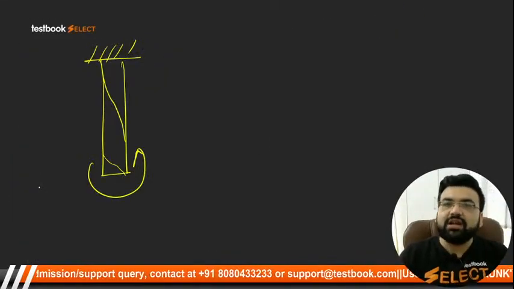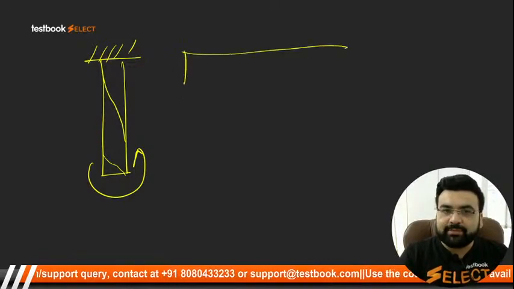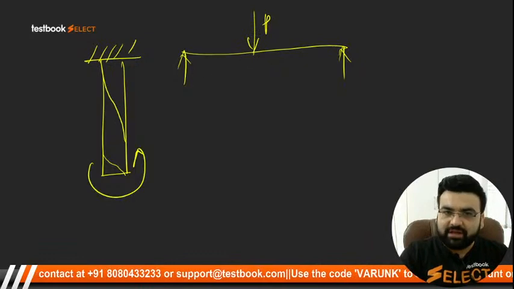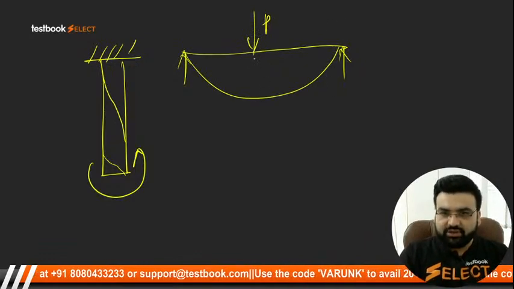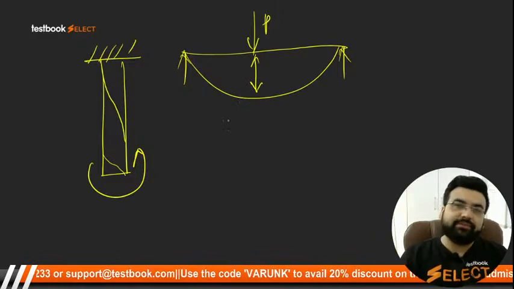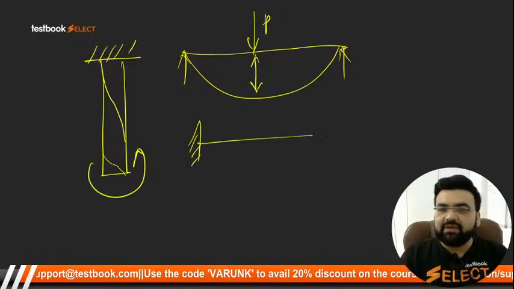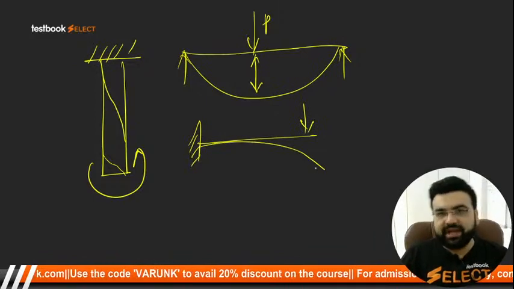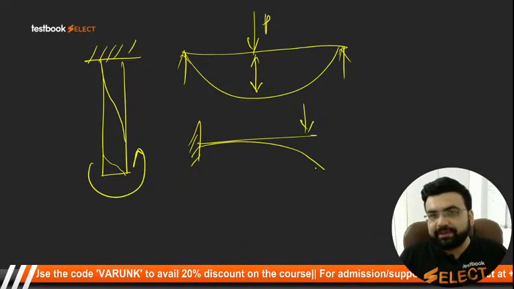Bending is because of the transverse loading. Let us say this is a beam. If you apply a load on this beam here, what is going to happen? It is going to bend like this. So this is what is called as the bending. The beam has actually bent. Similarly, it is a cantilever beam. If you apply a load from here, it is going to bend like this. So this is said to be a bending. This is also a type of deformation.